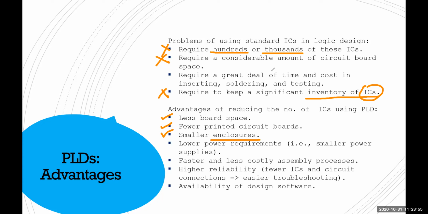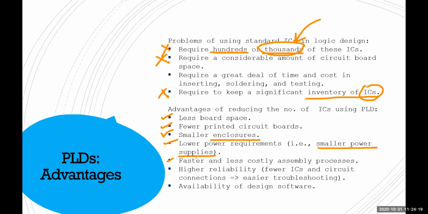Since you now have a very limited number of ICs, because previously you would have used thousands of ICs. At that time you had to use a bigger power supply, because you had to supply power to 1000 ICs. Now you are using only 1 or 2 ICs. That means you have to give small power, a smaller power requirement, a smaller power supply.